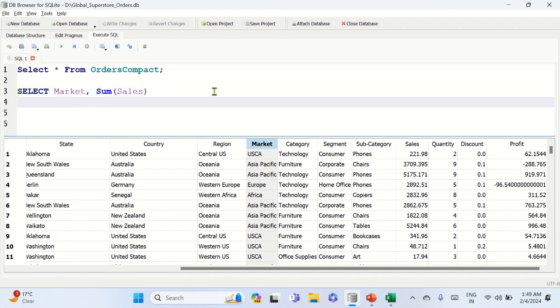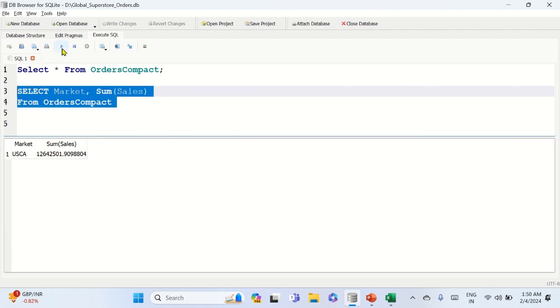Now I'll press enter to go to the next line. My next line will be from. I'll write the query from. So I'm going to select my market, then I'm going to sum sales from. When you write from, you want to define which table to refer to. So I'll write from orders compact. If I just run this,